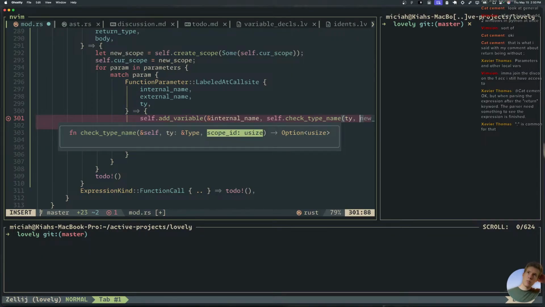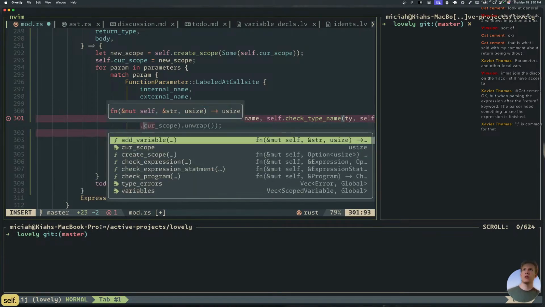You need to give a scope ID. We could do self.cur_scope.